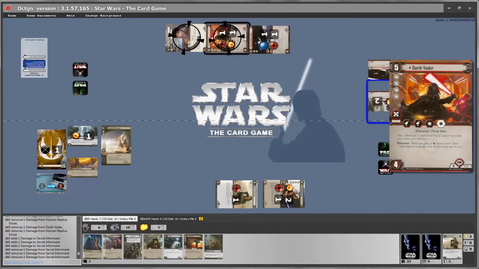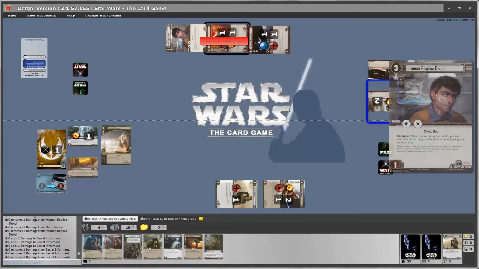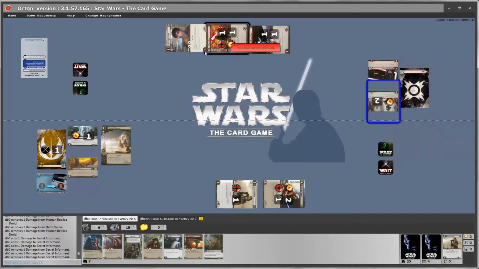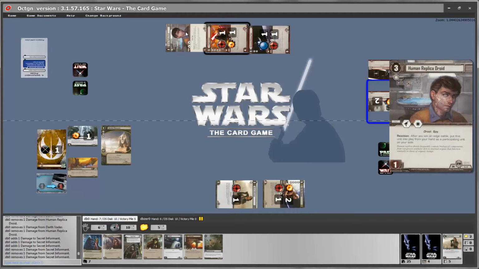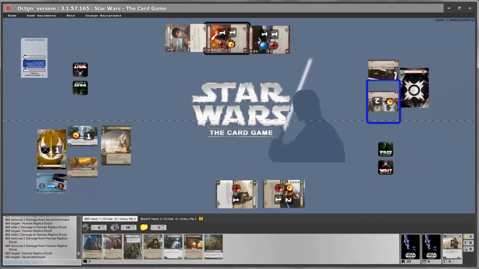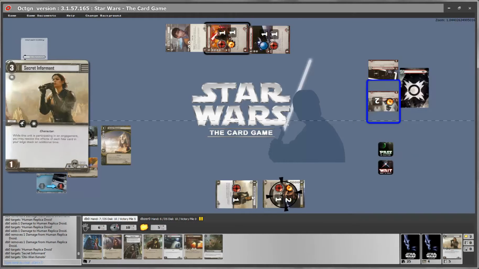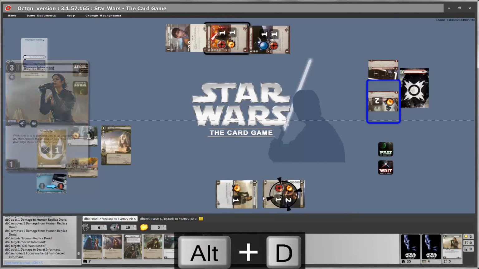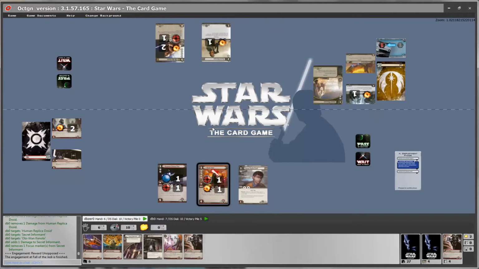This is because, as you see here, I cannot modify these cards. I cannot move them, I cannot remove tokens, I cannot use any actions. So mousing over these cards and pressing Alt-D does nothing. So the only way to add or remove tokens from your opponent's cards is to target them and then use the shortcuts. If you get a habit of targeting cards and using the shortcuts, then it's always the same. Just remember that if you mouse over one of your cards, and even if you have something else targeted, then your card takes precedence.